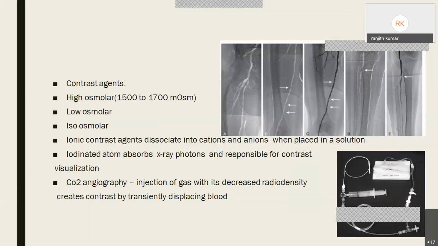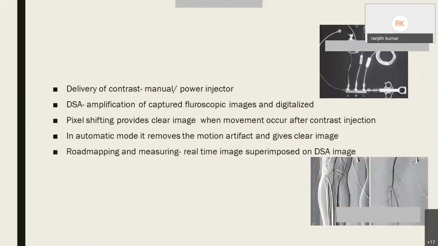but among the other modalities, when the creatinine is high, we can use carbon dioxide angiography, where the injection of gas itself displaces the blood and gives an image, and is usually done in a 30-degree Trendelenburg position. And delivery of the contrast can be manual or by using a power injector. Manually, with this connector, the initial one is connected to the pressure transducer, the second one to the saline, and the third